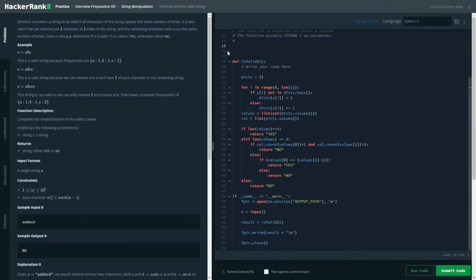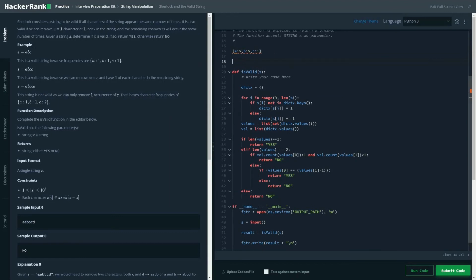So here the issue is, let me tell you the issue. There could be a situation when the value of A could be 5, the value of B could be 5, and the value of C could be 1. Intuitively, you could say that it is not possible, according to our code